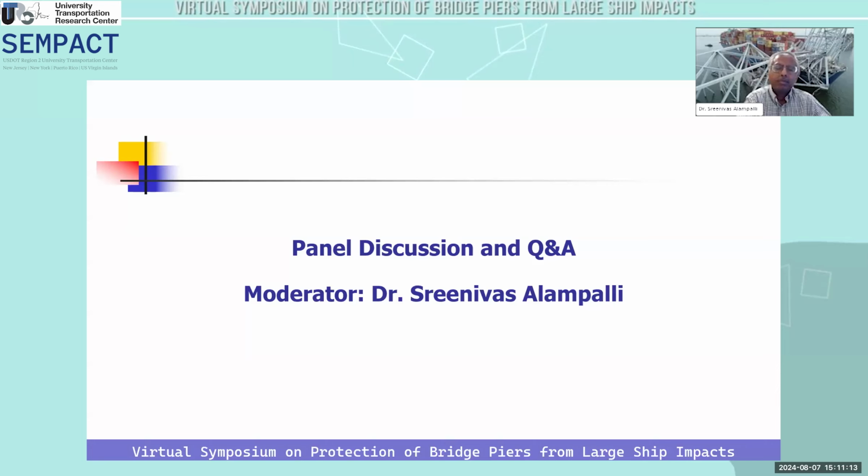These days, large diameter dolphins are sacrificial structures made to collapse and move about half their diameter. So a 100-foot diameter cell will, at the top, move about 50 feet to absorb the energy. Protection islands are environmentally difficult to implement in US waterways, but where they can be implemented, they are considered the best type of protection. And then there are pile-supported pier protection structures that can be placed in front of the pier to also try to redirect the vessel away from a collision with the pier.